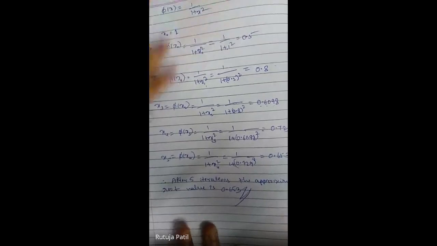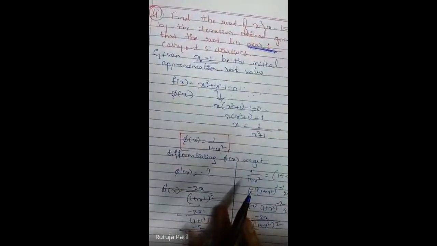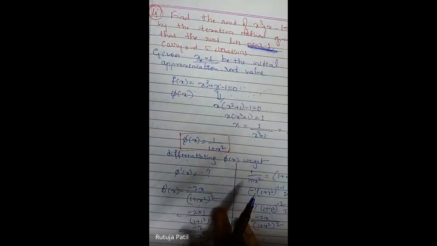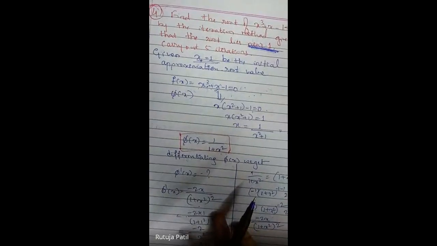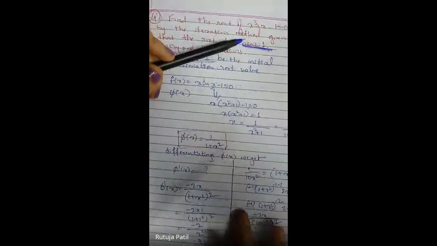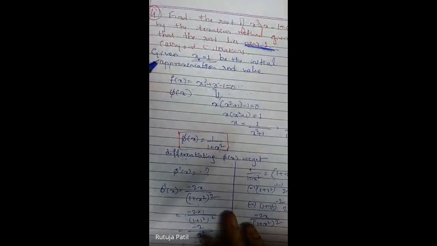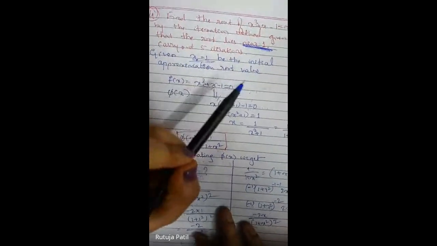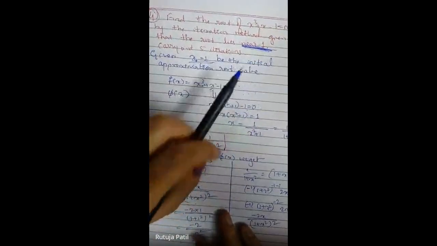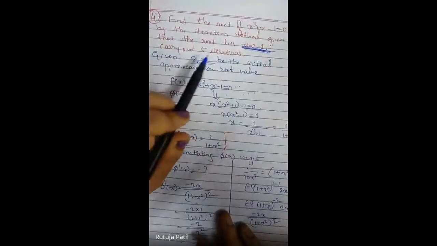First of all, whichever is the given equation, we need to check whether it's in f of x equals 0 format or not. If it is in f of x equals 0 format, then good, we don't do anything with this. But if the given equation is not in the form of f of x equals 0, then we need to convert it. But this given equation is already in the form of f of x equals 0, so no need to do any conversions, right? And they had also told that the root lies near 1. Root lies near 1, so x naught is nothing but 1, and carry out 5 iterations.